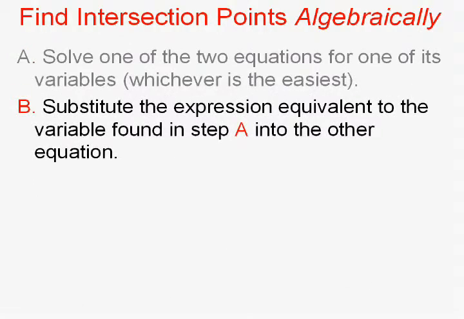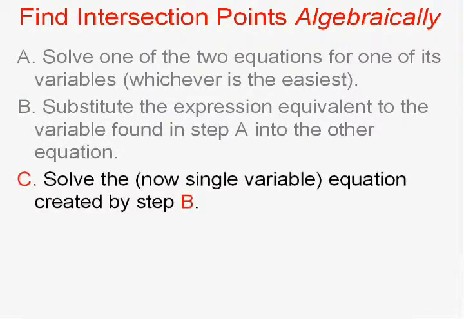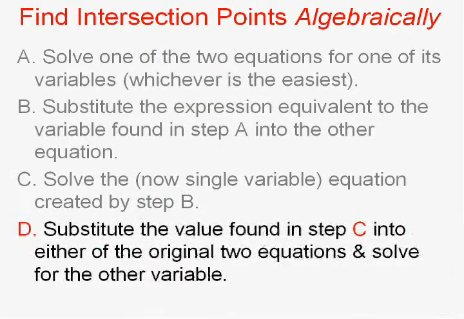Then we substituted the expression equivalent to that variable into the other equation, and that created an equation with only one variable that we could solve, and we did that. We solved the now single variable equation created by step B. That gave us more information. It told us what one of the variables was, the value. So we substituted that value that we found in step C into either of the original two equations and solved